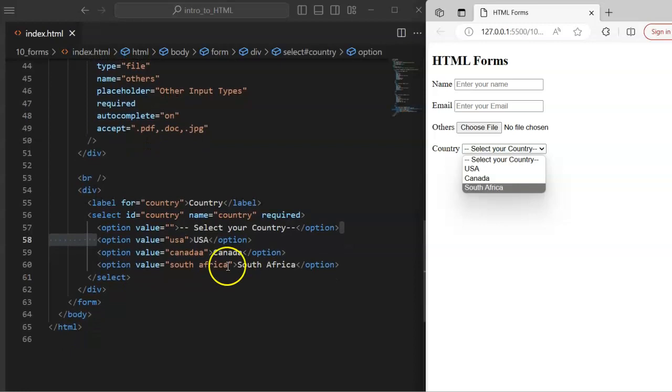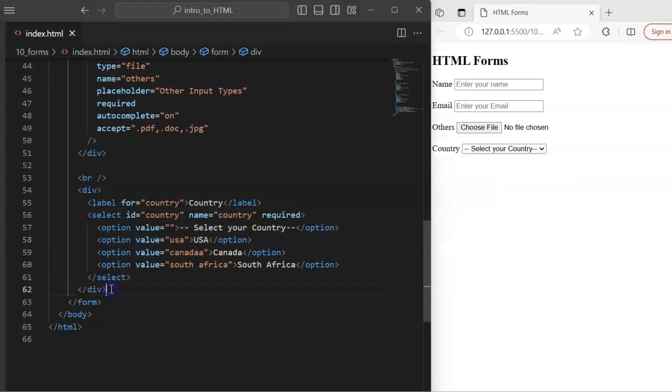Now the next input field that I want us to look at is the radio button. This radio button is used to specify different options for the user, whereas the user is able to select one out of the several radio buttons that are specified. So we are going to be wrapping this around the div tag, and as usual we are going to be having a label, and this time around we want the user to enter